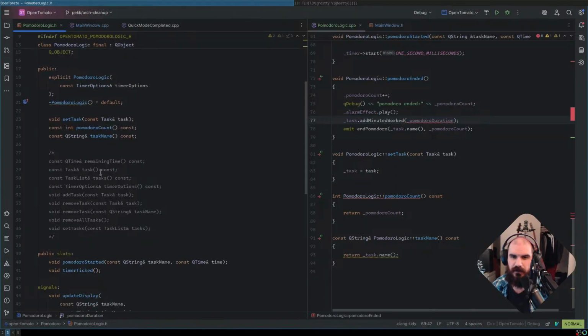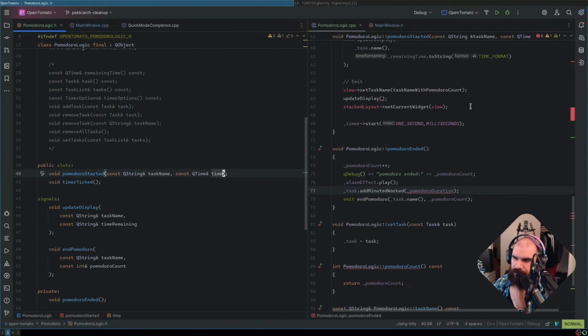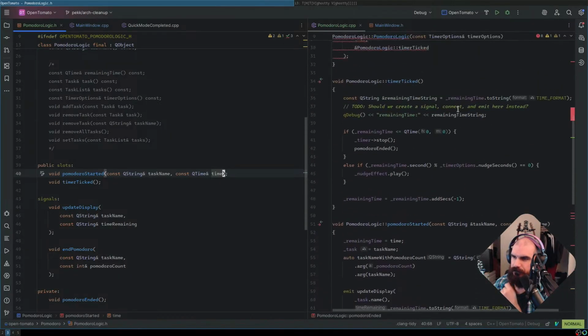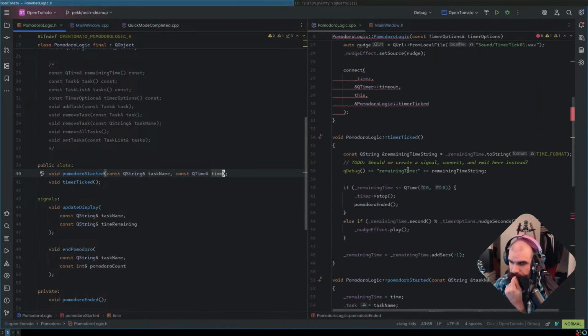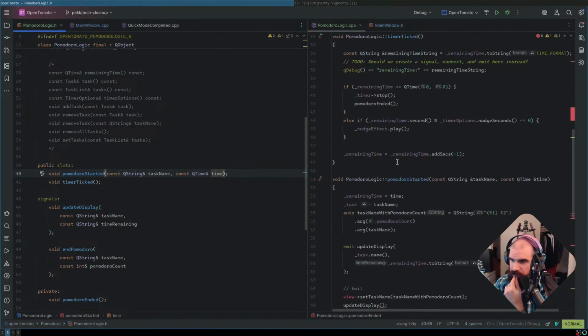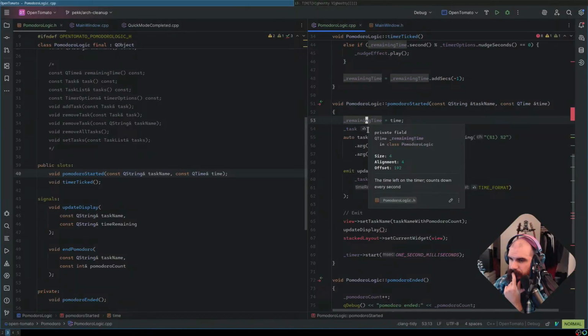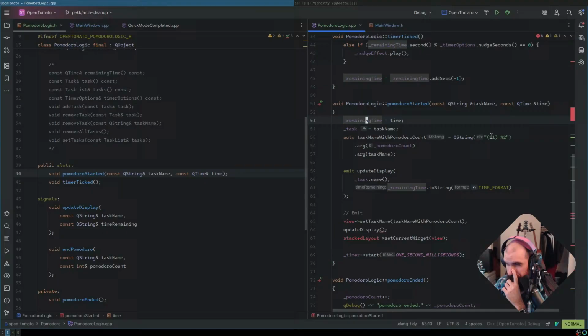So how does const queue time? Pomodoro started. Originally took a queue time. What the heck did it do with my queue time? Yeah, queue time. Remaining time equals time?